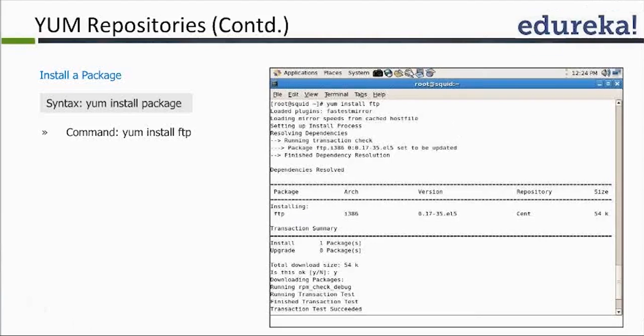Simply yum install a particular command, and it automatically pulls the dependencies. What I would suggest is first try using an RPM command, get some open source. I'll tell you some utilities which may not be available by default. So try using RPM. It will list the dependencies, because I have faced such scenarios where it will list a